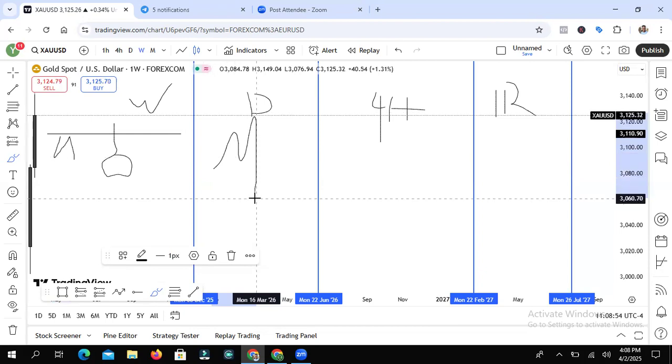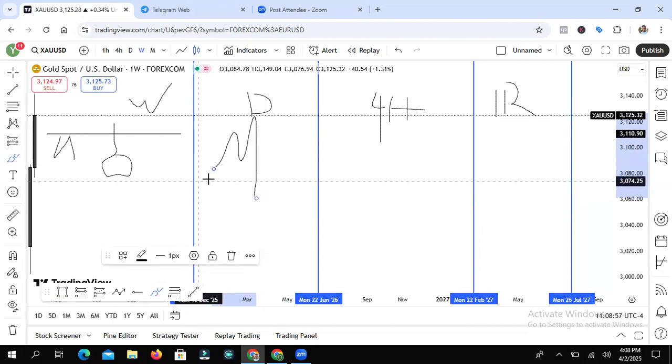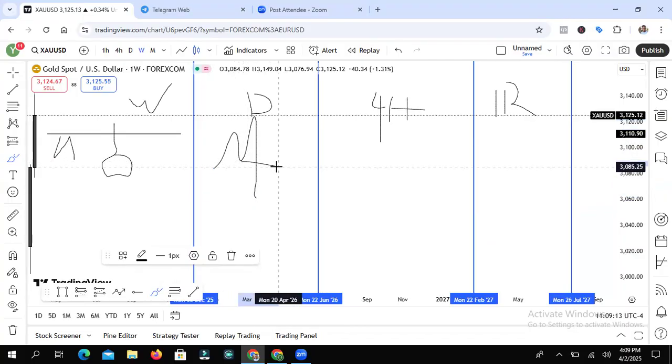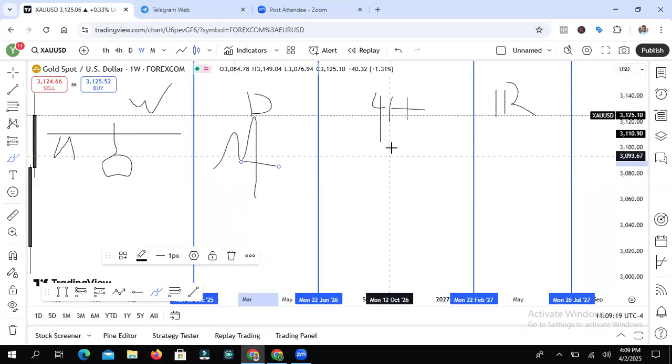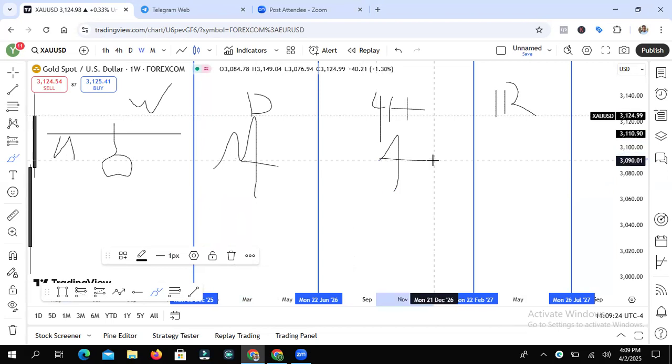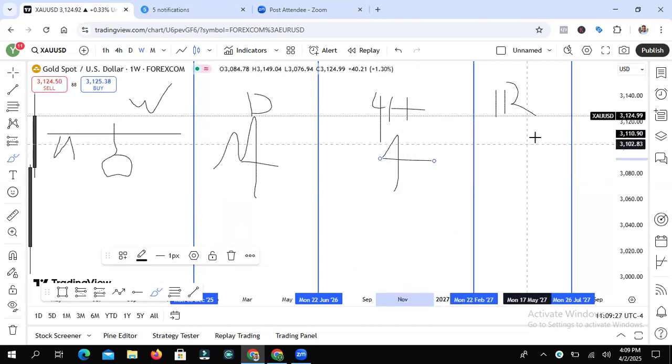This is what you want to see. It will give you a liquidity sweep and a break of structure. Some people call this Quasimodo, some people call it QMR, but it doesn't matter. All you want to see is a weekly rejection of a key level. Weekly rejects, then the daily must give you a liquidity sweep and a break of structure. This is the break of structure right here. If you get this on the daily, the next thing you want to see on the 4 hour is a 4 hour breakout. Once you have this 4 hour breakout, then the next thing is you want to take entries on the 1 hour or the 4 hour.